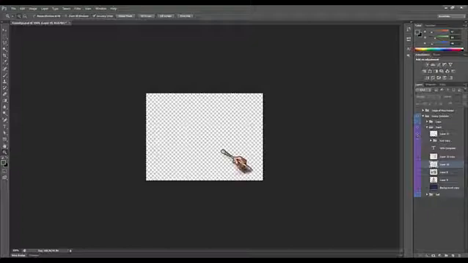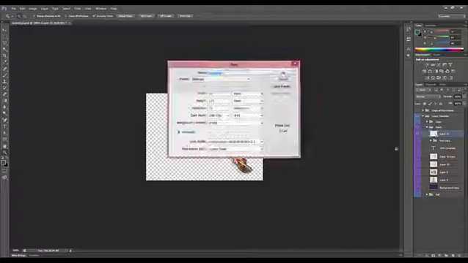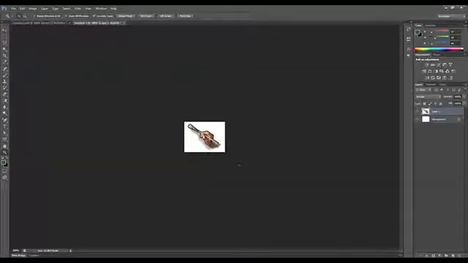And then we want the hand. We don't need the text. We'll just use text in Scratch for now, but we do want a hand, so Control A to make sure we've got everything of the hand in there, Control C, Control N for a new image, and then Control V. You can see it makes the image the size of the hand.